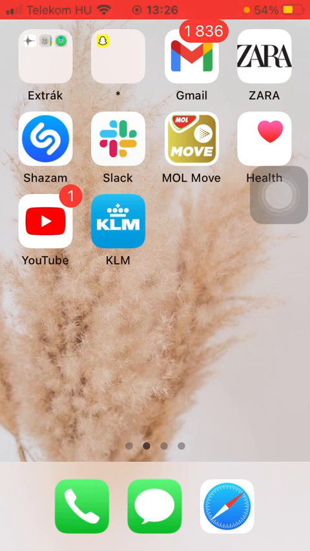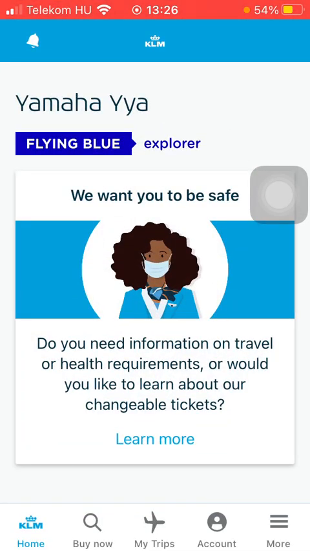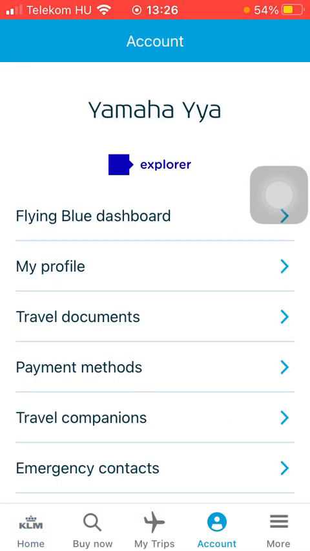So let's jump into it. First of all, open the application on your phone. Then you should tap on the profile or account button down below, which is the fourth option, and then click